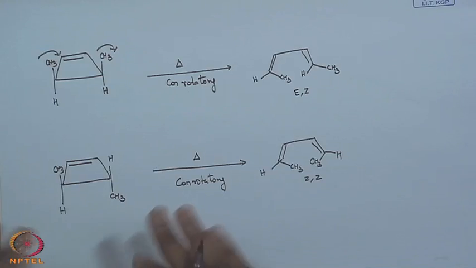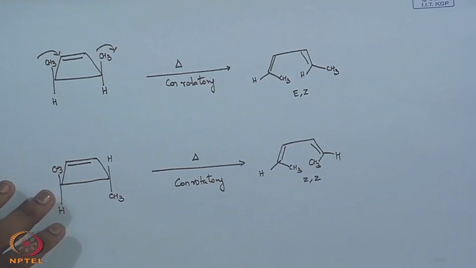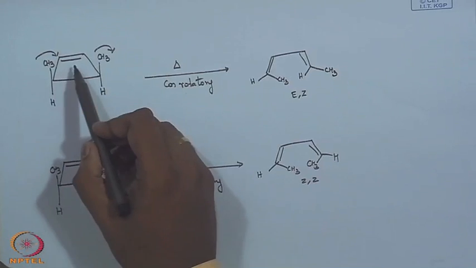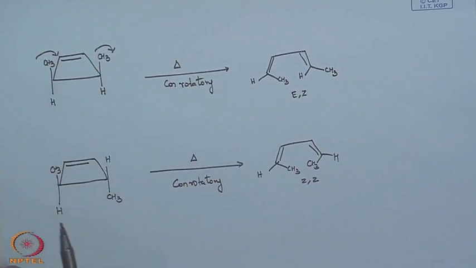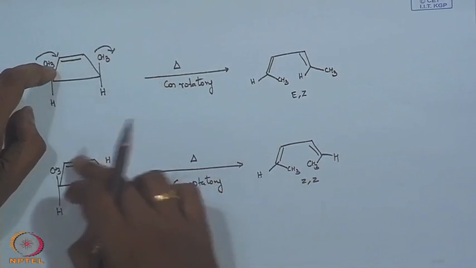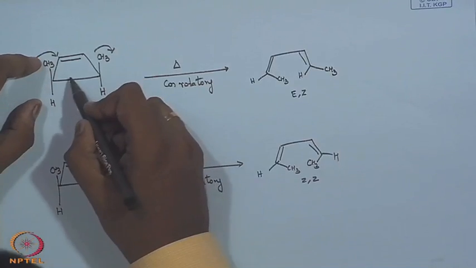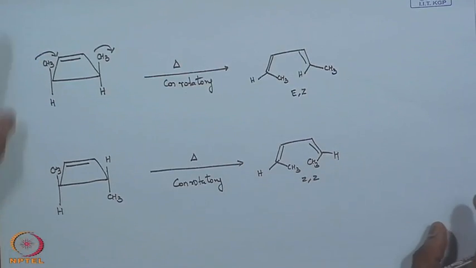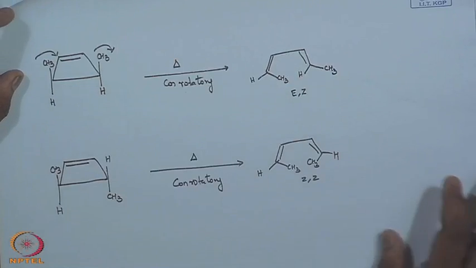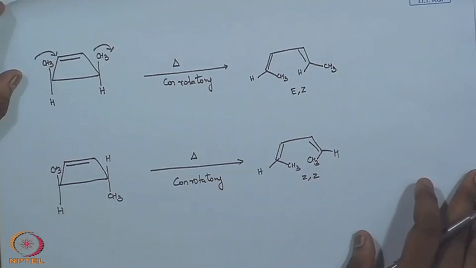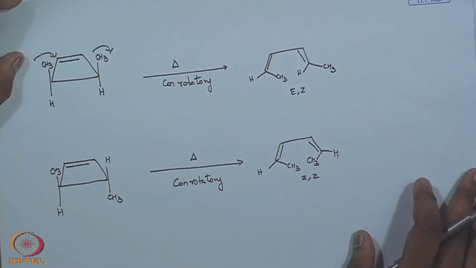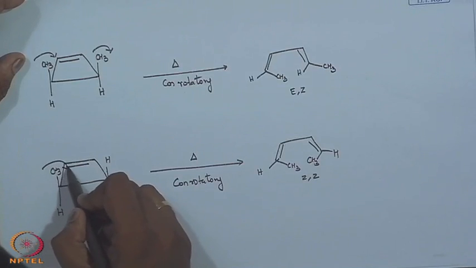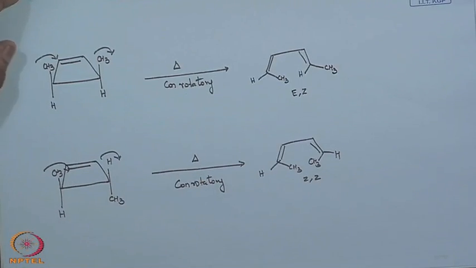Clear? Any doubt with electrocyclic ring opening? This is for a 4 electron system, a system where I have 4n, I have used my 4n plus 2, because I have considered only this pi system. See, you can involve these also, and then you can use it as conrotatory, that also works, but this is ideal for this type. Clear? Because this should be conrotatory. Fine.